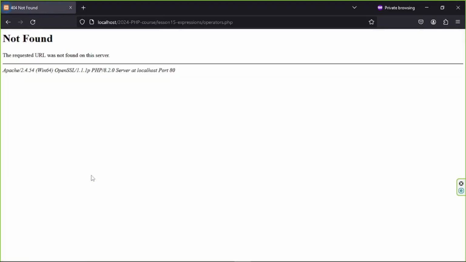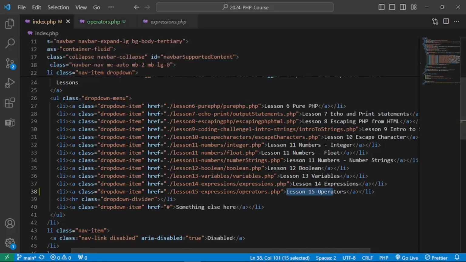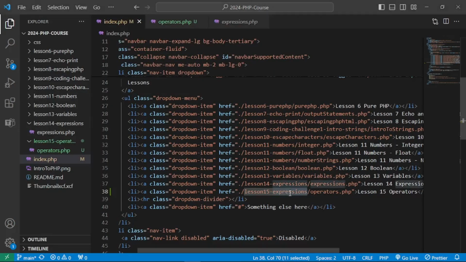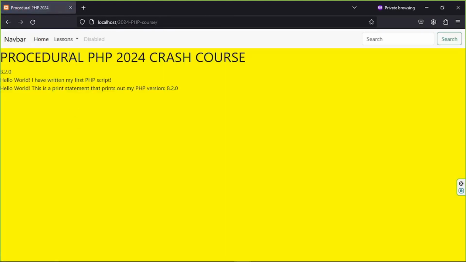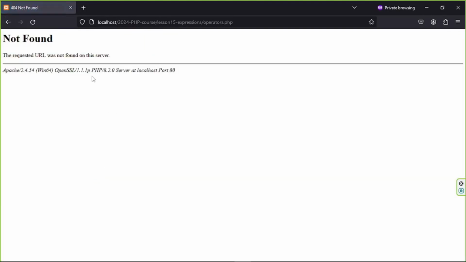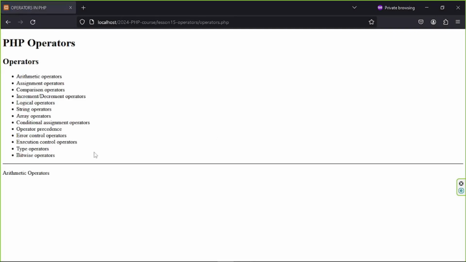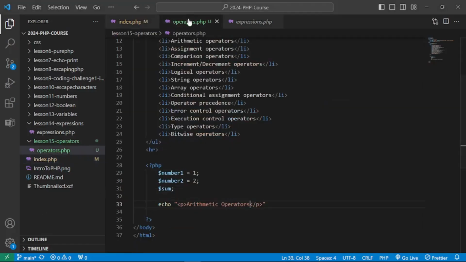Refresh, and we are not seeing this. Why is that? Did I make a mistake? I forgot to replace these expressions with operators. And let's go back to the browser. Okay, so we do have that working. We do have arithmetic operators here, and we want to display in here some examples of